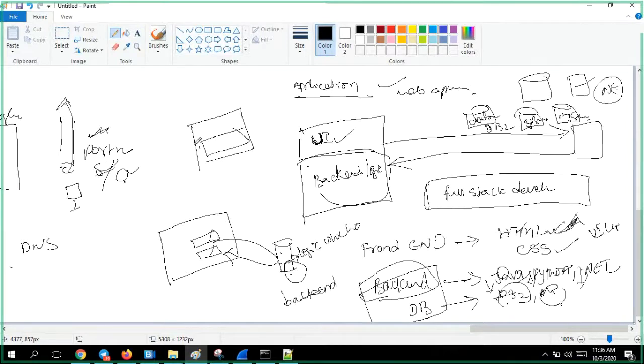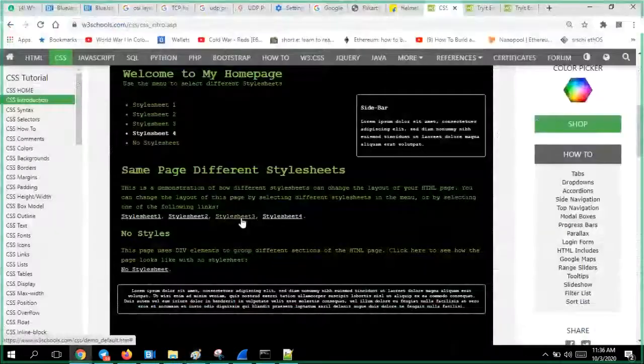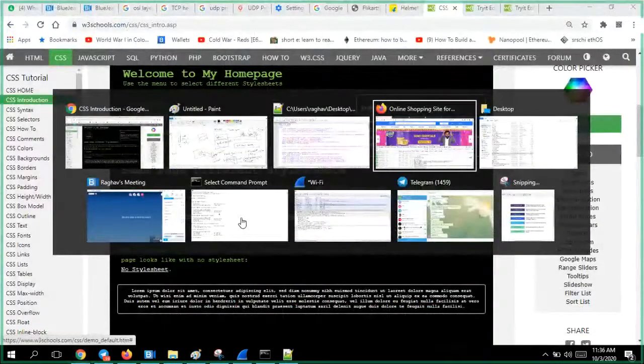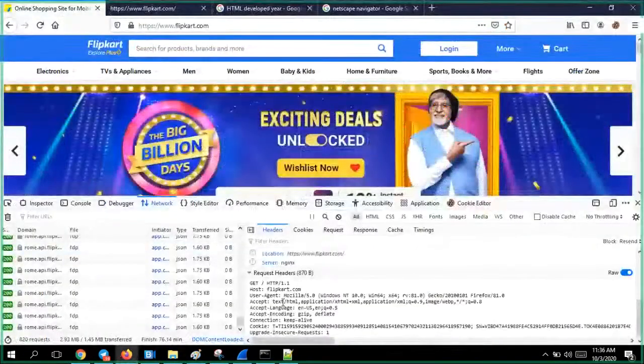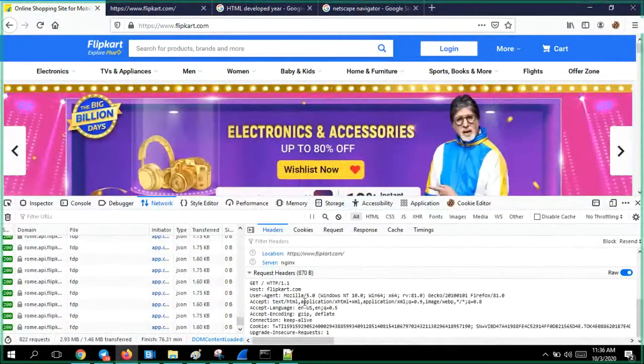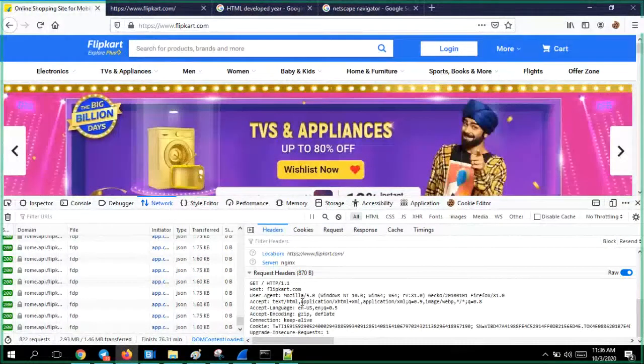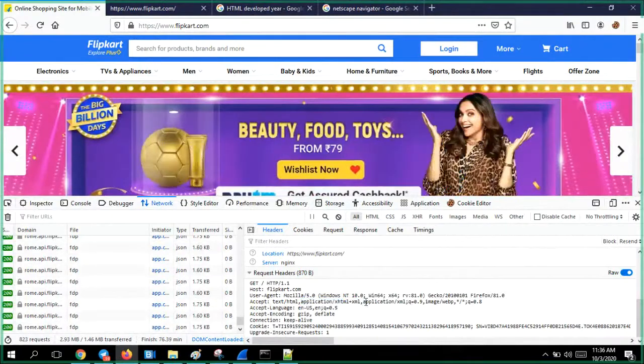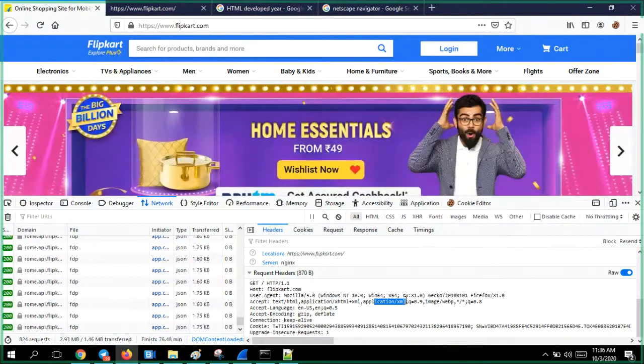So, boss, whenever you are sending data to me, I'm a browser, right? Whenever you are sending data to me, please note that you send me data in HTML format. If it is a mobile application, XHTML, XML, I can understand. I understand XML.